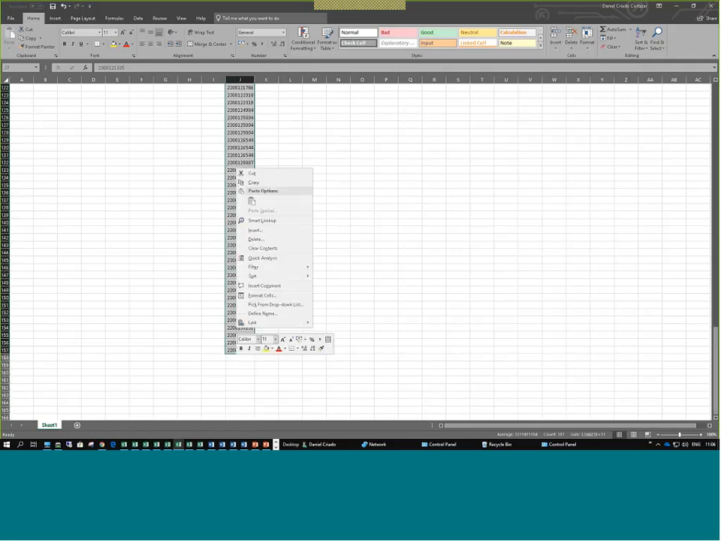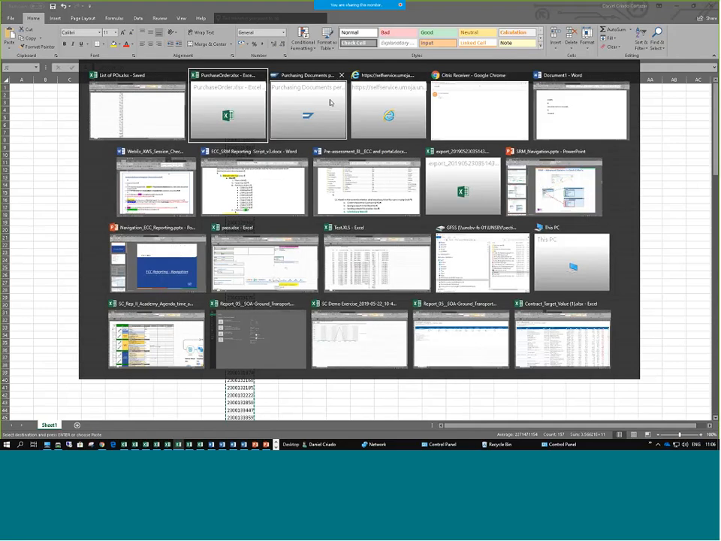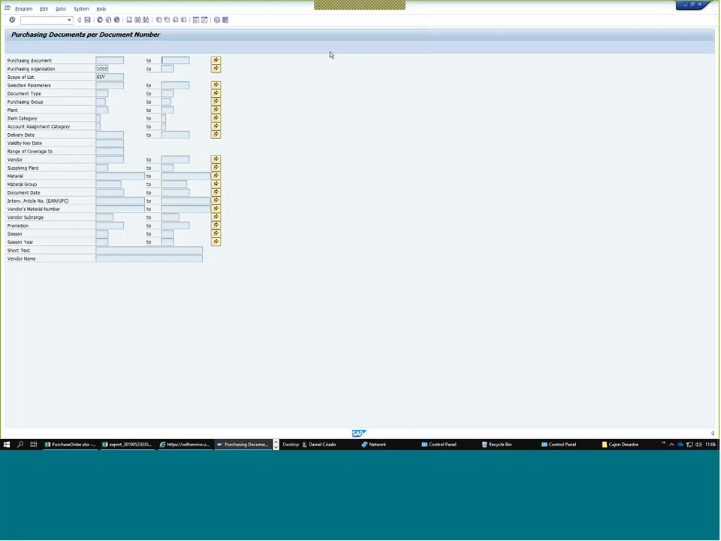So I can copy all those PO numbers and go back to ECC, right? And obviously I'm not going to paste over here. I'm going to paste over here. I go to the multiple selection,